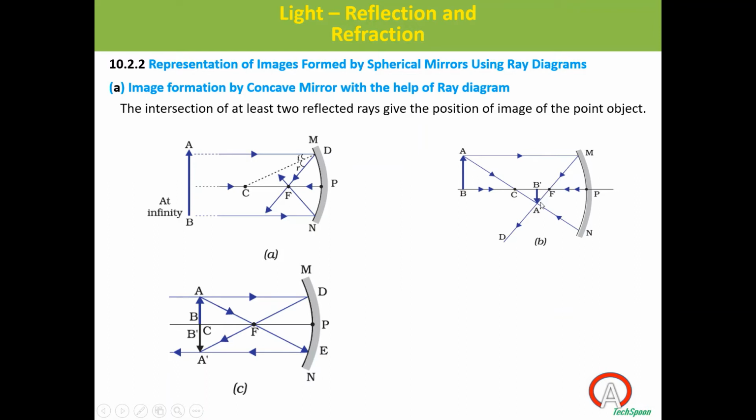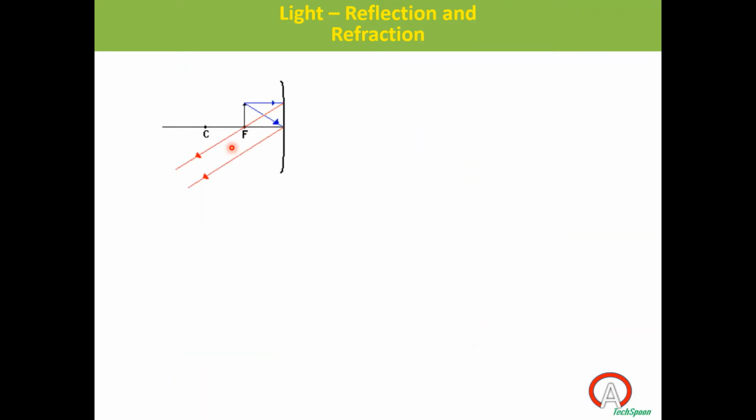Is it an erect image or an inverted image? Is it erect or upside down? This image. Tell me, I am asking all of you. Sir, it is inverted. That is an inverted image, right? Here you are getting an inverted image in case 2. Case 3 also you are getting an inverted image. Case 4 also an inverted image. Case 5, you are not getting an image, you are getting an image at infinity, the rays meet at a far point.